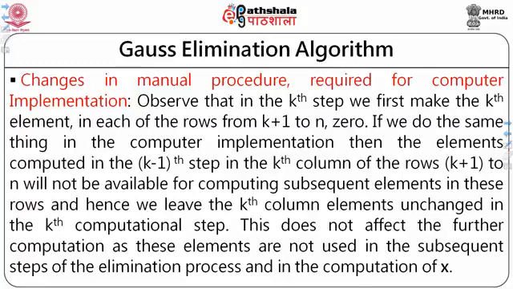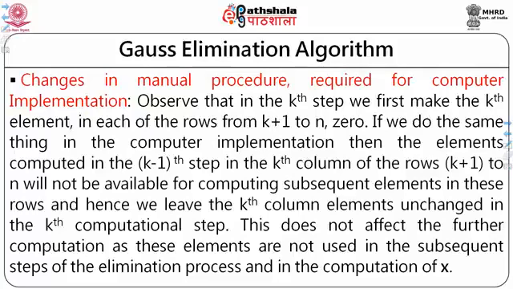If we do the same thing in the computer implementation, then the elements computed in the k minus 1 step in the kth column of the rows k plus 1 to n will not be available for computing subsequent elements. If I make one element 0, then that will not be available for subsequent computation,